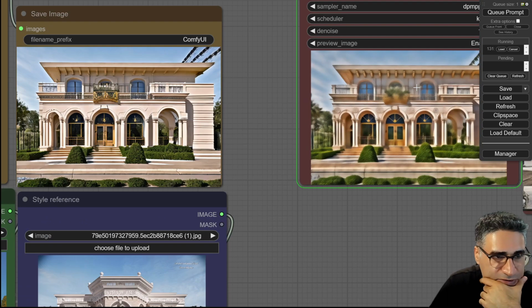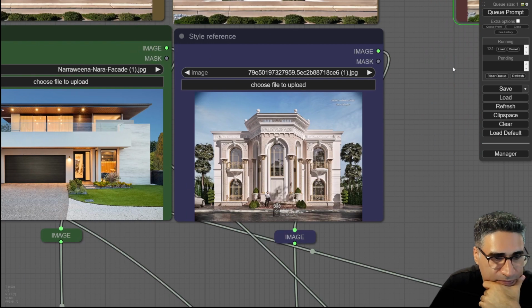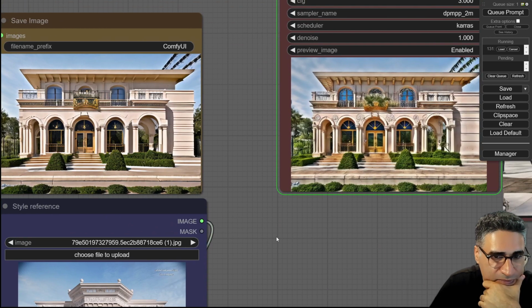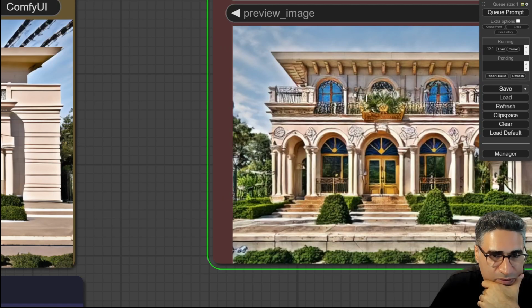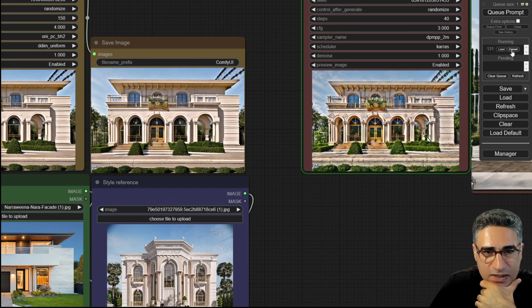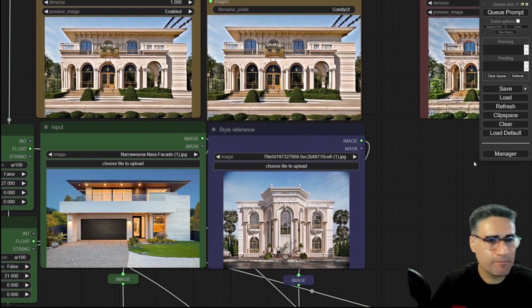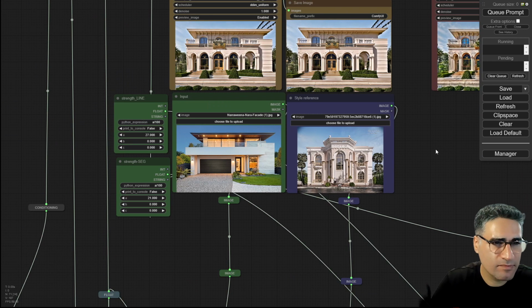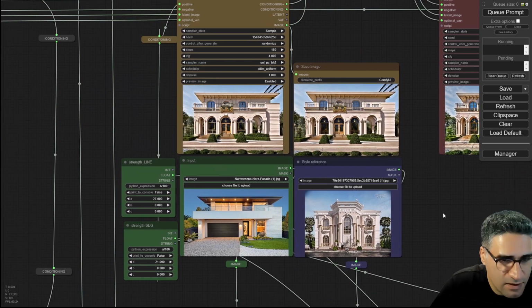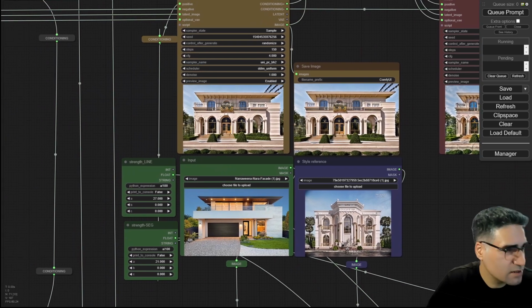And here in high-res fix, it is going to add more detail, but it is not something that I want right now. Okay,